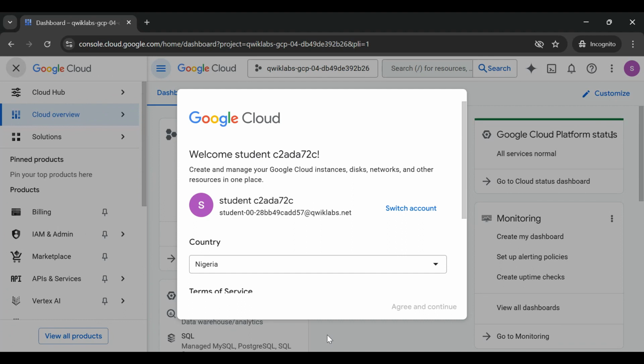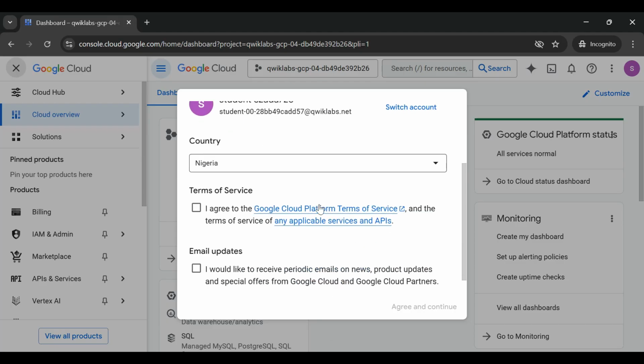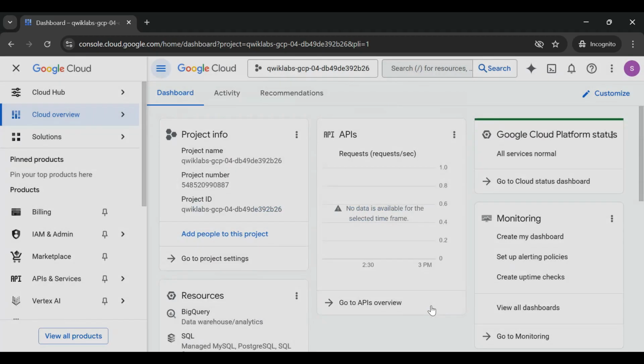I'm using my student credentials to log in. If I were to use my personal email account, I would incur some charges, but as a student I have the privilege of using it for a certain number of minutes or hours, so I'll have to agree to the terms of service and continue